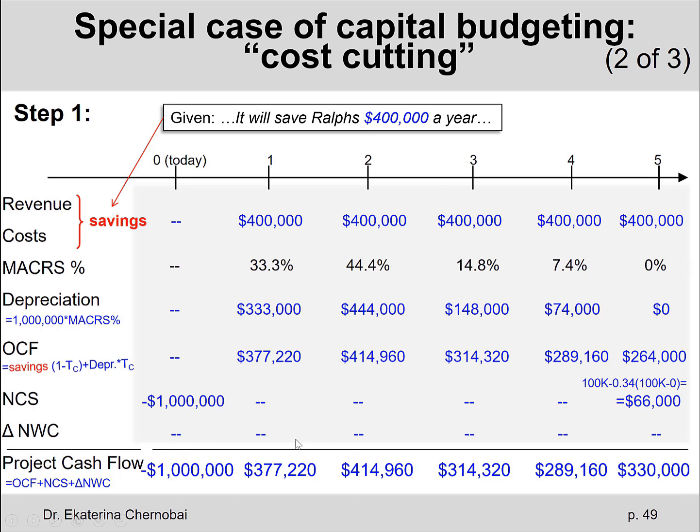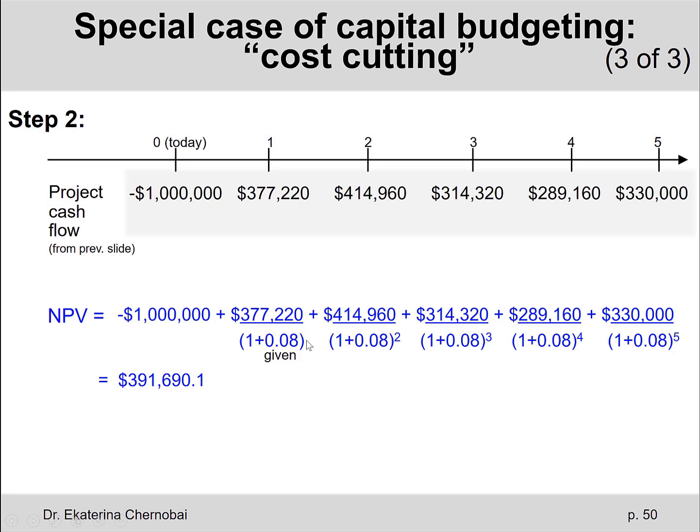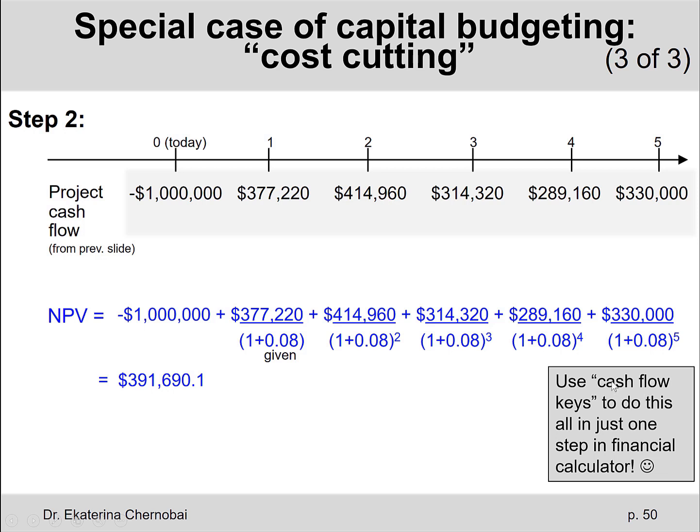What do we do with these cash flows? We discount them and we find the net present value. So we discount them using the 8% discount rate. It's much easier to do it in the financial calculator using the so-called cash flow case, where minus $1 million is your cash flow 0, and then the total cash flows for years 1 through 5 are your cash flow 01, cash flow 02, cash flow 03, cash flow 04, cash flow 05. Then you press the NPV button. It asks you for the discount rate. You press 8. Save it by pressing enter, and then you press compute. The answer is